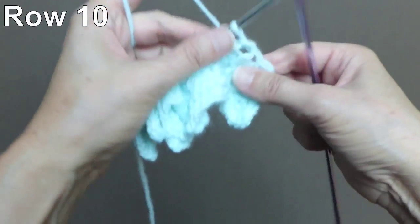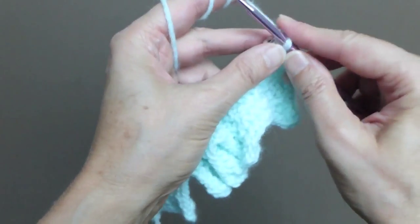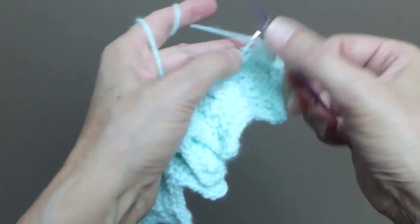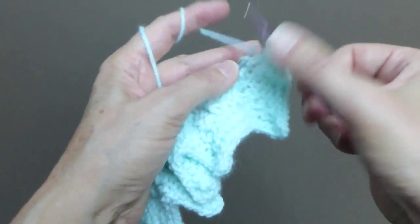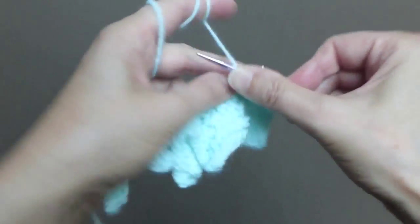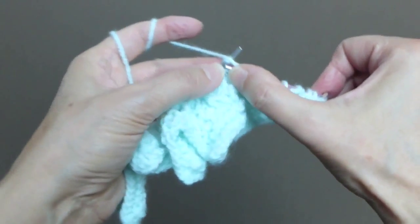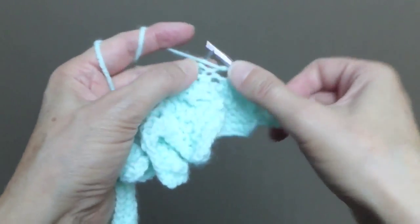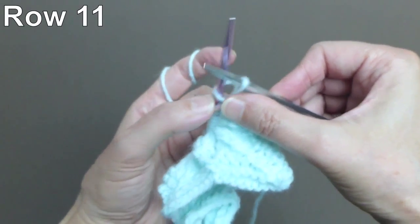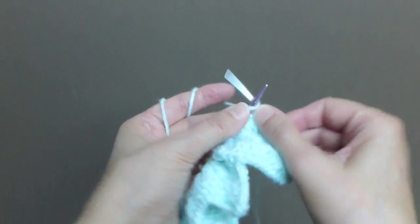And that will be all purled except the first and last stitch. So we will knit the first stitch through the back loop, move the marker, and purl the entire row. Every single stitch is going to be purled. Purl all the stitches except the last stitch. I want you to slip the last stitch, and we will again knit the first stitch through the back loop, move the marker, and we will knit 4 stitches,